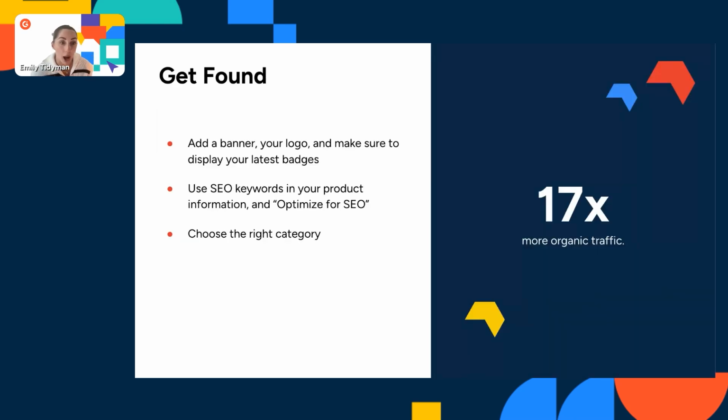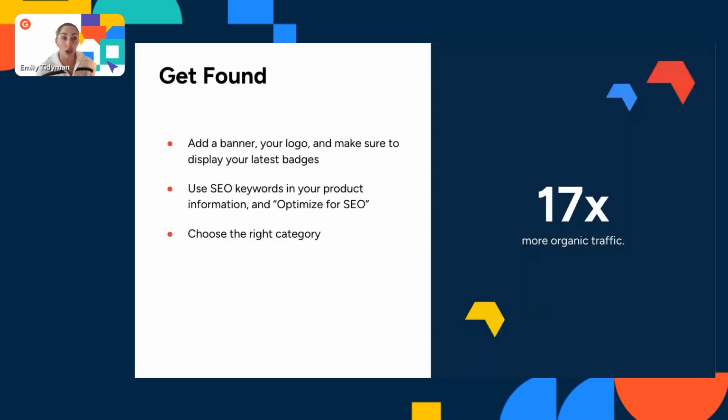Ultimately, here at G2, we want to help your solution be found. And we have found that upgraded G2 profiles tend to see 17 times more organic traffic as a whole. And some ways that we can help you be discovered are ensuring that you are in the right category. So we have a slew of categories here at G2, over 2,100, and we want to ensure that your product is accurately listed and represented across those categories that meets your features and functionality. It is completely free to be added to any new category on G2. However, you must meet the inclusion criteria in order to be added.